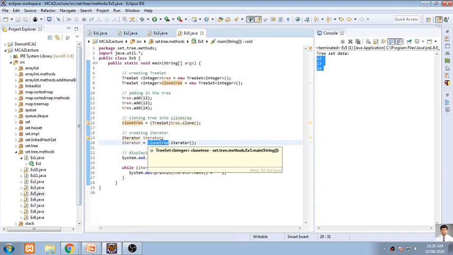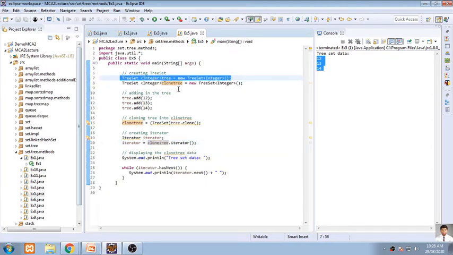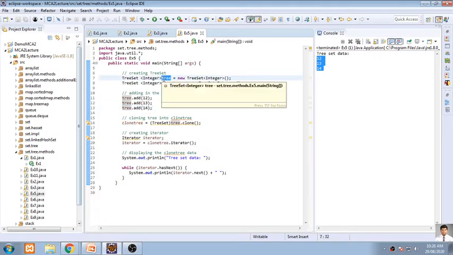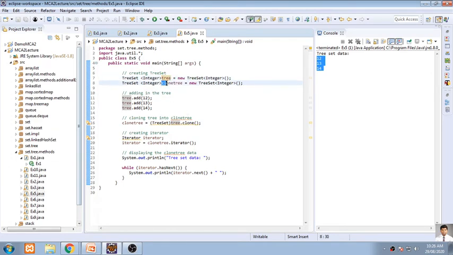Whenever you want to create a separate copy and you don't want to make any changes into the primary class, you want to make some manipulation in the second copy. What do you do regularly, for example if you are creating a resume? If you have your first copy of the resume, you automatically go for save as and save in another file, and then you make some changes into your resume for the purpose of upgradation. In the same way, if I don't want to make changes into my primary, that is the first class elements, and I want to do some manipulation at runtime, it is always preferred to go for cloning.